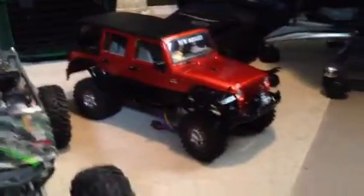Oops, wait, one thing I forgot to say. This is hooked up to my Spectrum DX3C, and so is my honcho. In the Top Truck Challenge, you will notice my Hilux body. I had a spare wheel in the back. It was actually one of these wheels, but I took it off and put it on the back of the